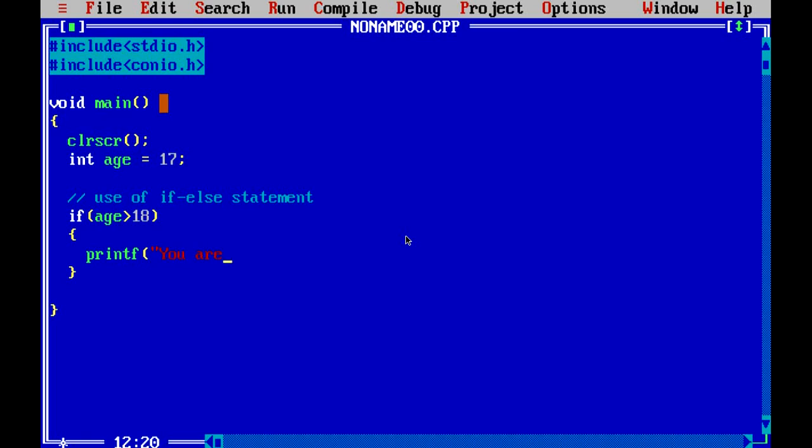In this example we are going to utilize the if else statement, and we have given the age value. If the age is greater than 18, then we will print you are eligible for vote.